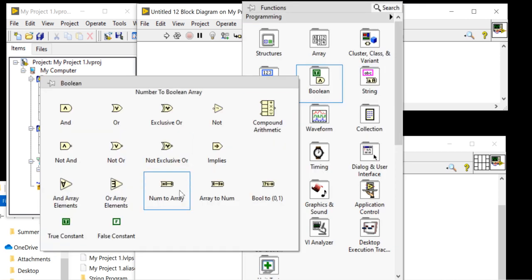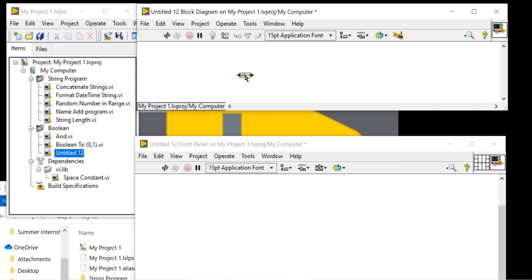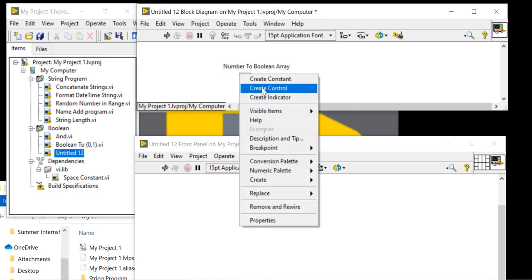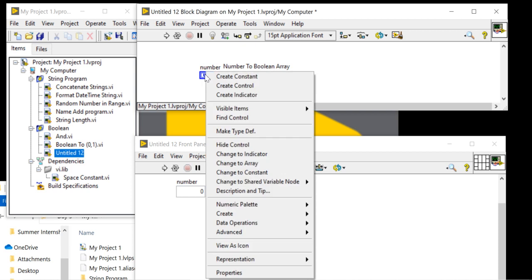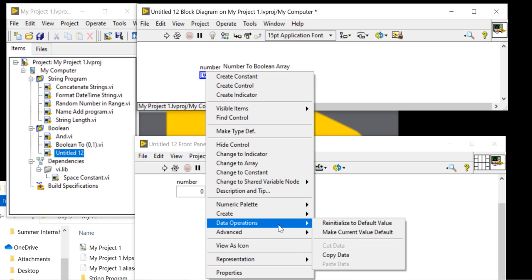Right click, come to the Boolean number to array. Right click, open the label, right click, create control, change the representation to U8, because I love U8.